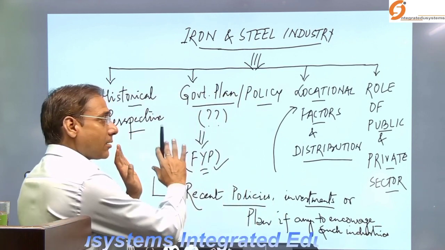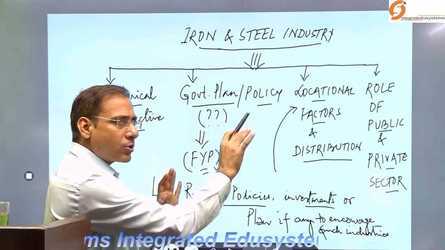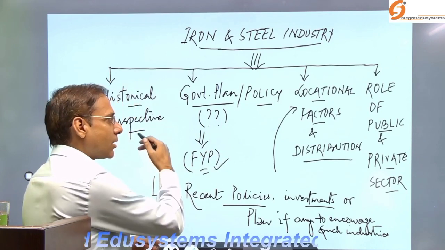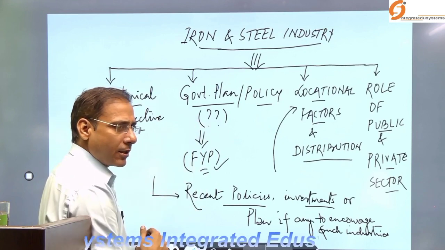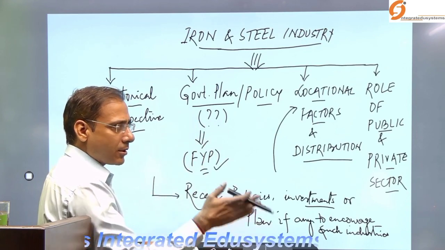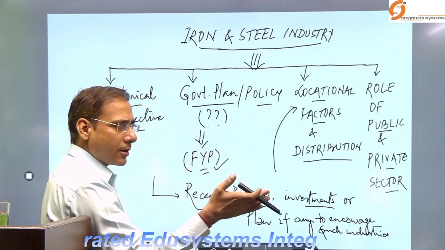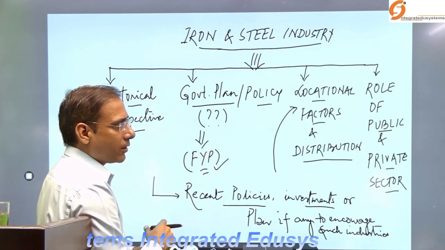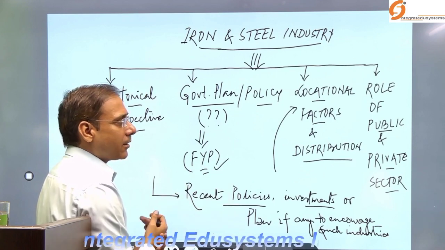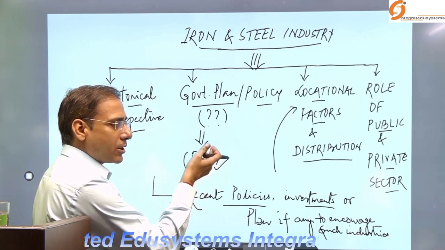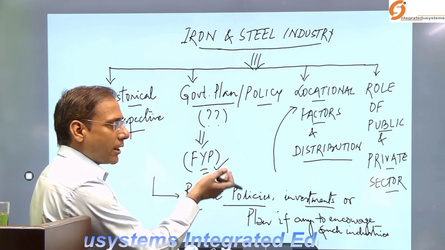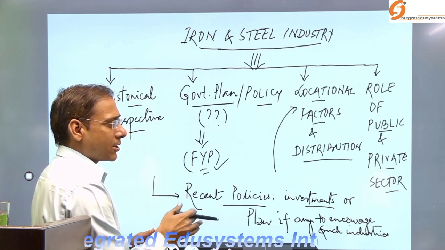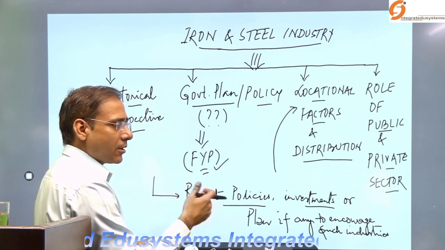And this structure applies for almost all the industries. अगर यहीं पर कॉटन इंडस्ट्री आया तो उसका भी हिस्टोरिकल डेवलपमेंट, उसमें भी देखेंगे कि आज़ादी के बाद से अब तक गवर्नमेंट ने क्या पॉलिसी बनाया, कहीं 5 ईयर प्लान में कुछ फोकस किया था क्या अर्लियर ड्यूरिंग द नेहरूवियन एरा और आफ्टर दैट, and what are the factors of location, where they are located, okay, and why such countries' industries are located in that region,